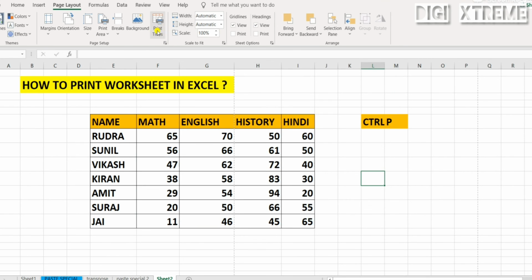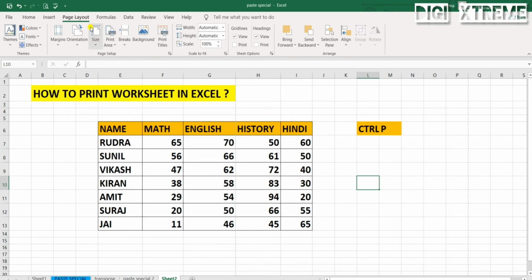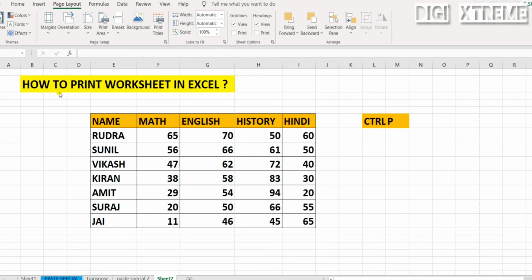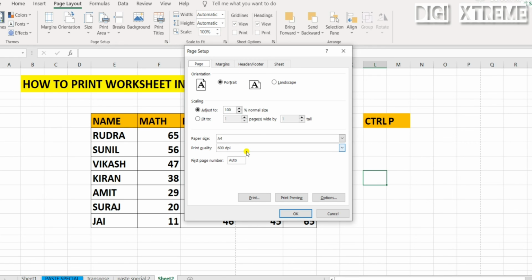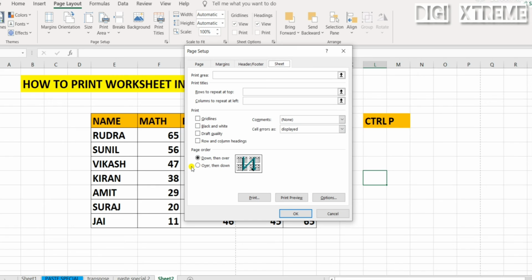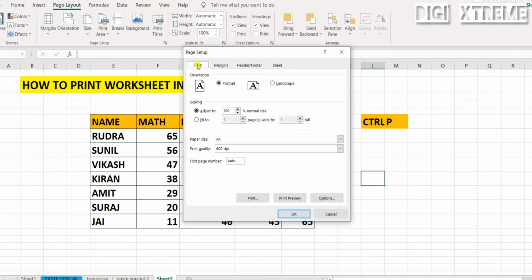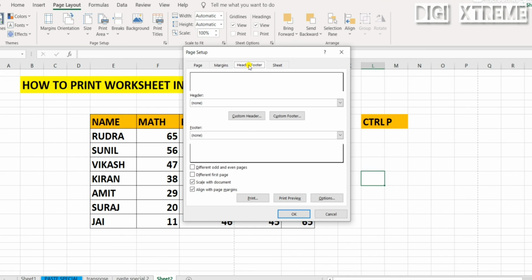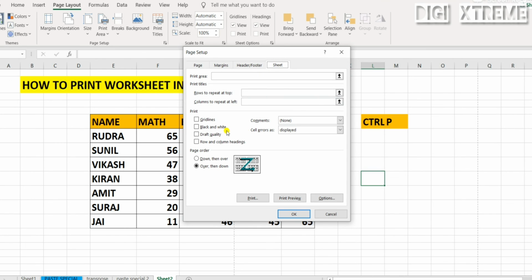Print titles, height, width, there are many things to select. There is also Page Setup: click the small icon here. You can set margins, header and footer, and write something in the header or footer.